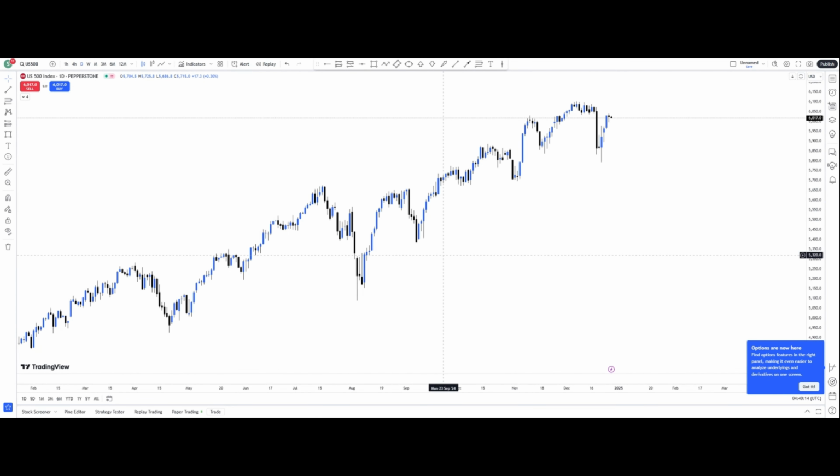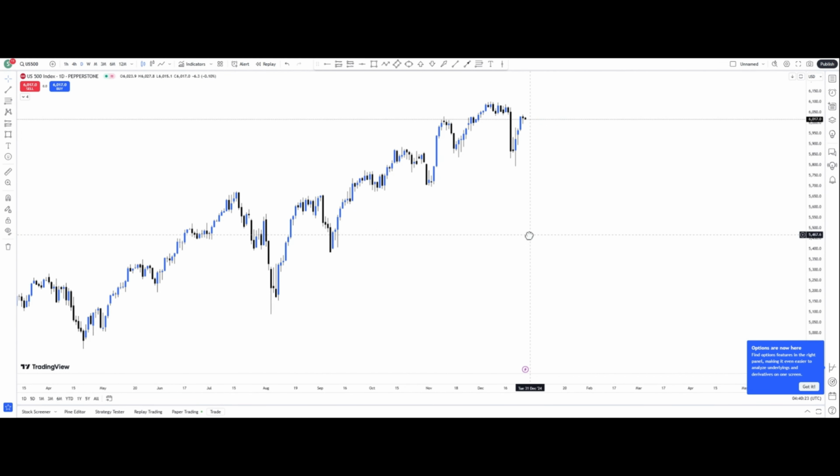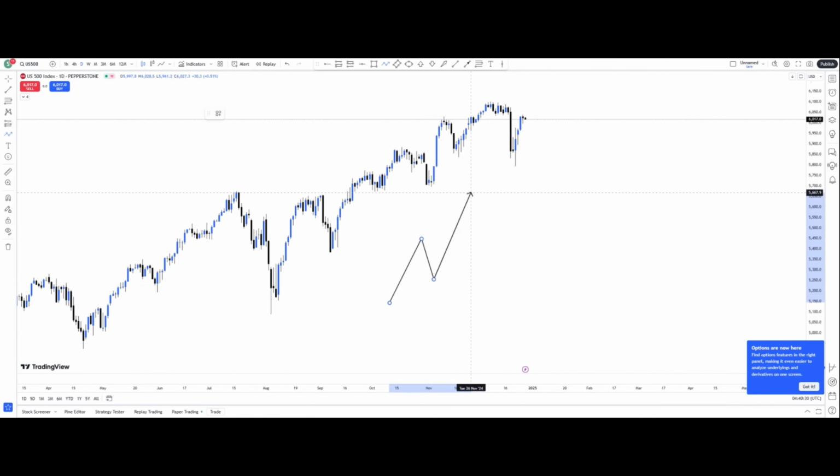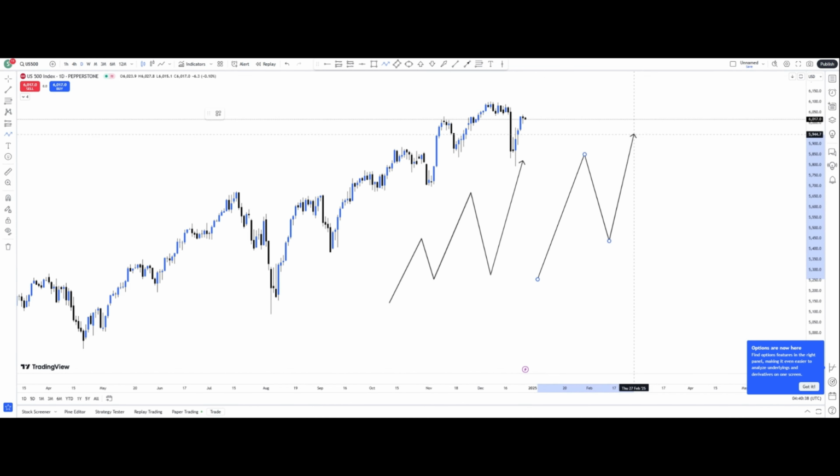So today I'll be showing you a simple strategy which you can use to pass your prop challenge in 2025. This strategy is trend based. All we are looking for is a market going in one direction, and we are looking for entries. So we want the market to be going up. For example, let's say an uptrend in the monthly time frame, and we also need an uptrend in the weekly time frame, and then we'll go down to our daily time frame.